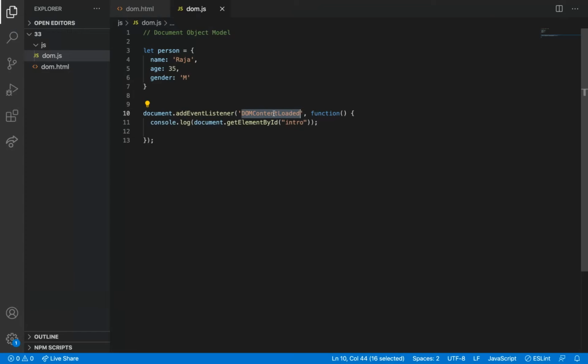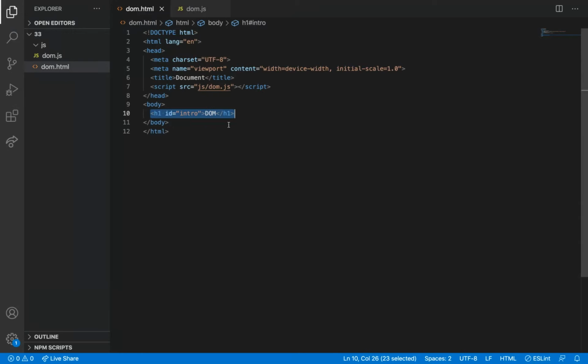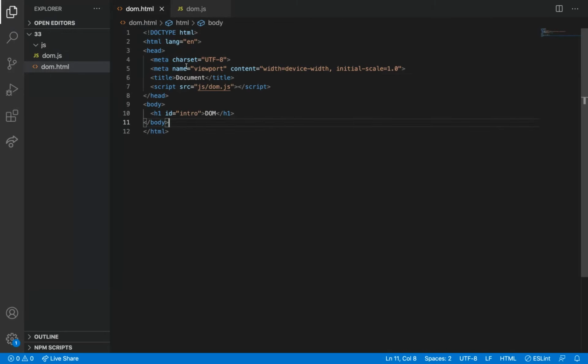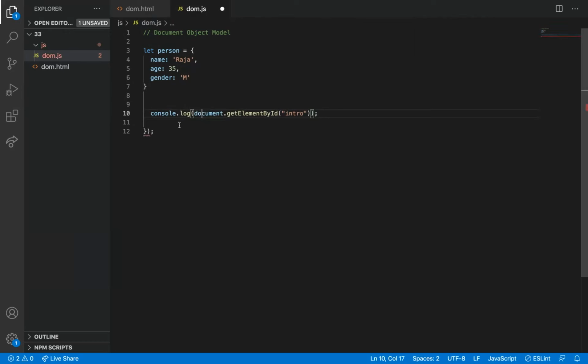What it is checking is whether the DOM content is loaded, then only I can access the elements, right? I have just checked it here. Previously when I was giving it, it was saying null. Okay, here I can find. Wait, I can remove this and then it should.